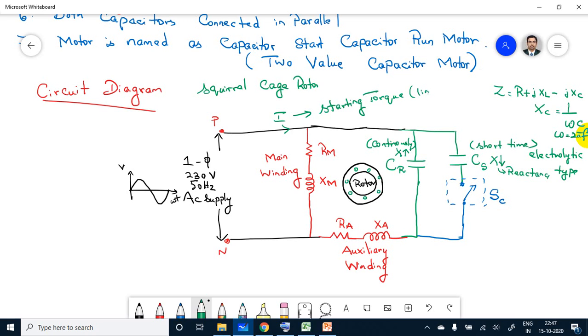We should limit the starting current. We have to limit it by using this capacitive reactance. That's what the reactance term available in the starting capacitor is, it is less. We have to limit it. Okay, and the operation,